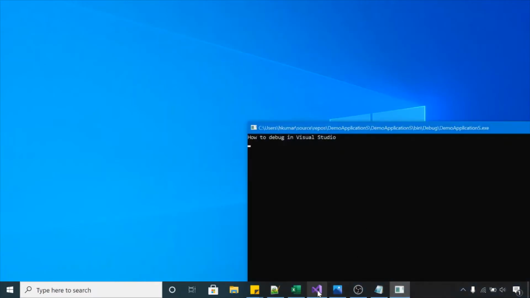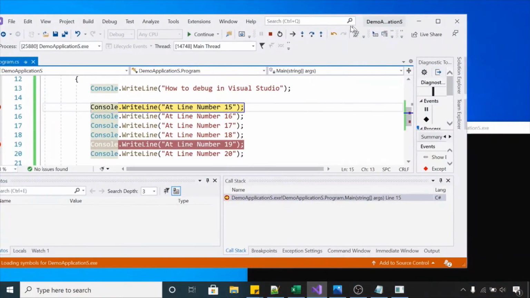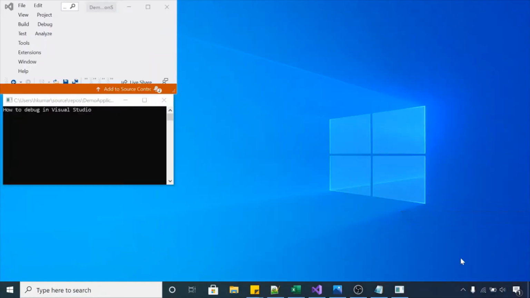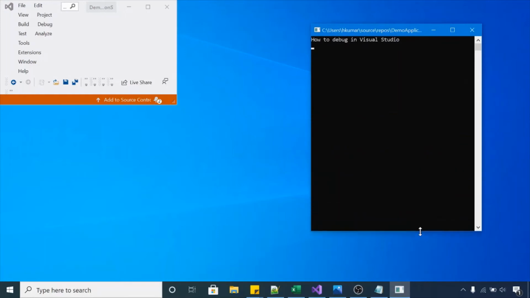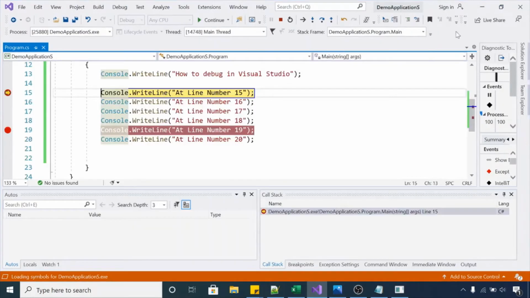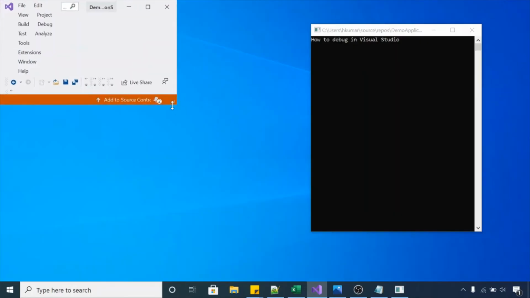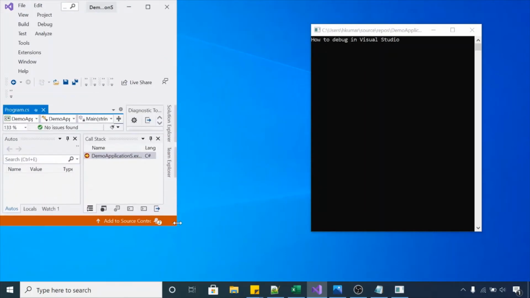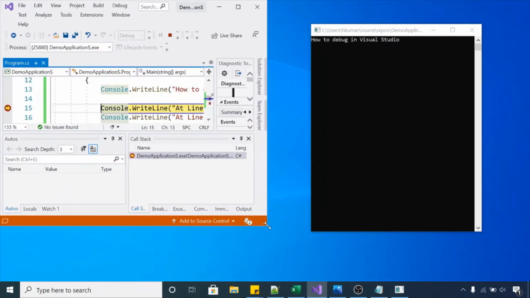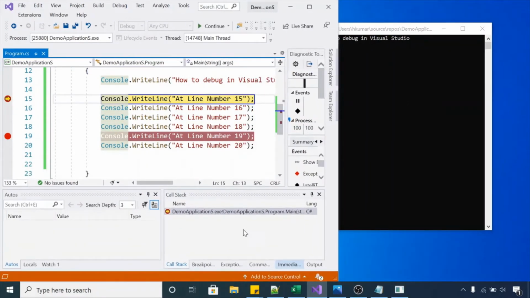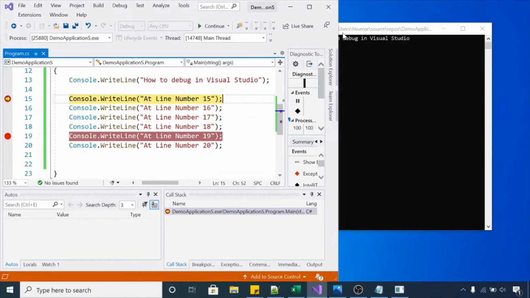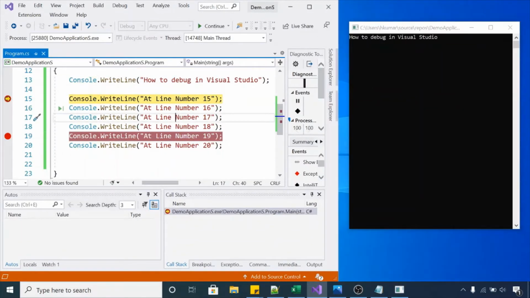Let me launch these in parallel to understand it better. Now I will press F5 in my Visual Studio.